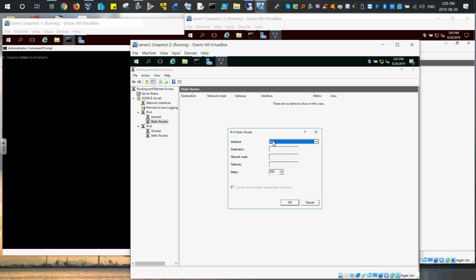So we need to teach this router about the network. As you see, I have interface 2 here as well, but I'm not going to use it now. I don't need anything there. The destination network will be 10.0.2.0. The network mask is 255.255.255.0. And the gateway will be,